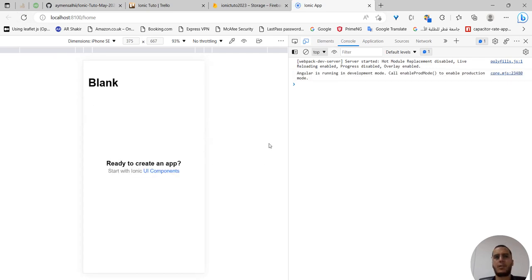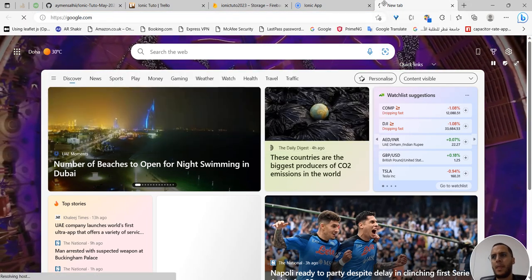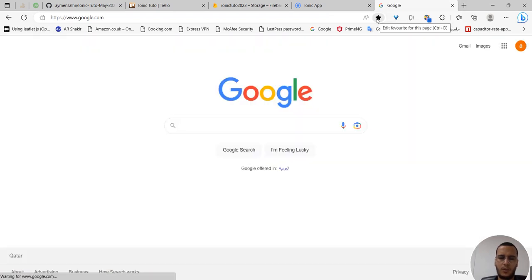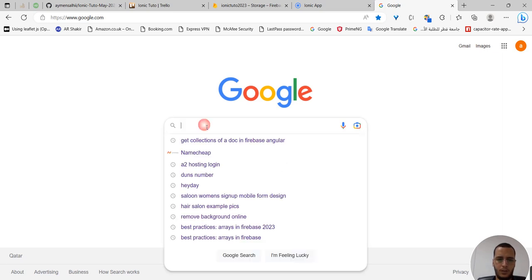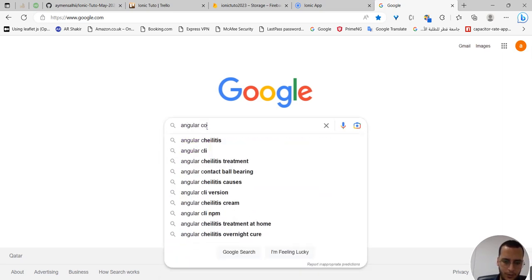So yeah, what we'll need also in here is, as you know, we will use email and password, or we will use phone number. When you put your phone number and press enter or click the button, it will send you an OTP code to your mobile number. So like that you will need to put this code in a specific input for verification. So in here we need like Angular code